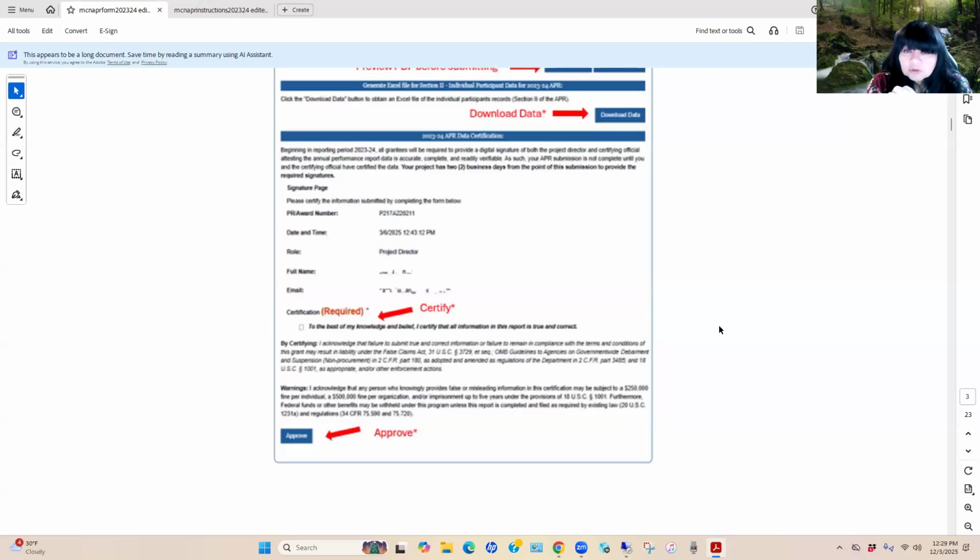The certifying official will open up the APR at this particular point and can then view the data, the PDF report, and can certify and approve. Just a reminder that has to be completed within 2 days. And it has to happen before the APR submission deadline date.